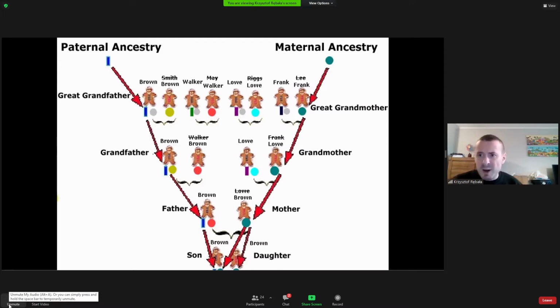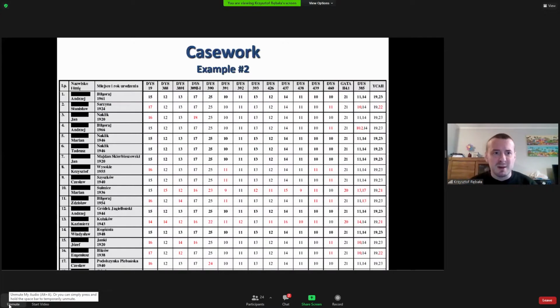So if you combine this phenomenon with biology, you will see that surnames are transferred together with the Y chromosome, because Y chromosomes and surnames are inherited paternally. And you can use it for some genealogical investigations of males carrying the same surname. And we have an interesting case of a man, Mr. Andrzej, who is interested a lot in his genealogy,